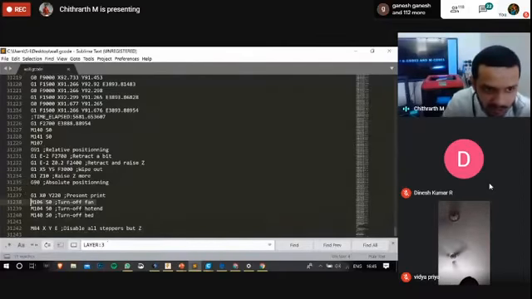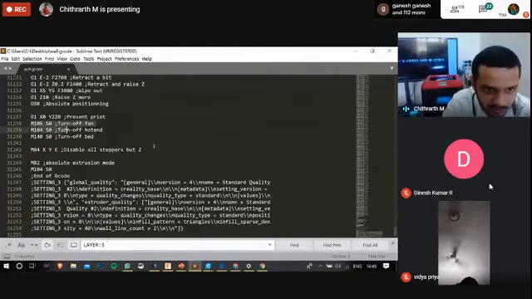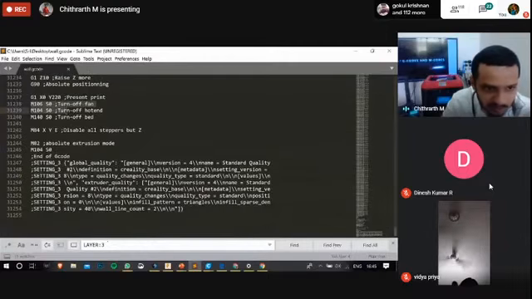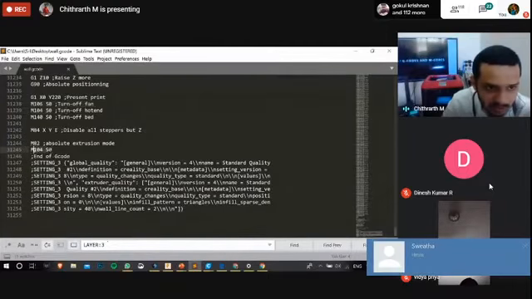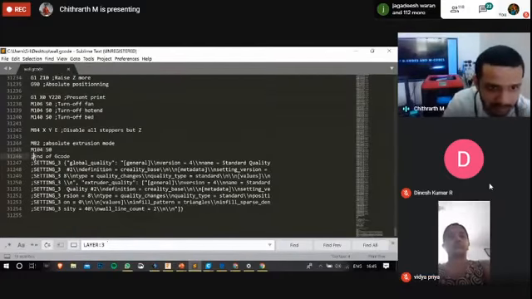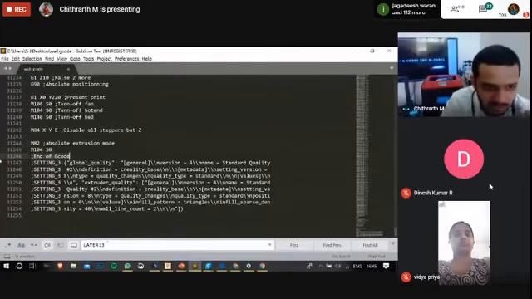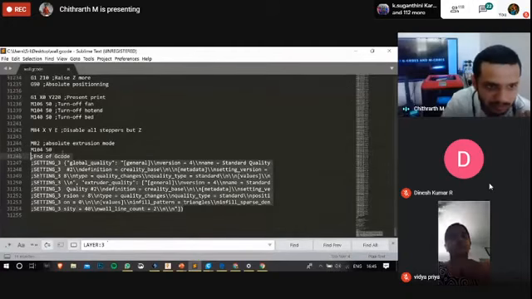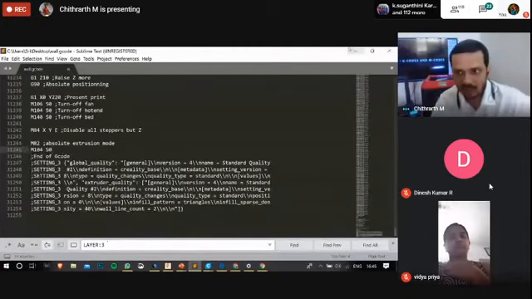And we are turning off fan, we are turning off hot end, we are turning off bed, and we are disabling all stepper motors. So yeah, M104 S0 will turn off the heaters, and that's the end of G code. Basically this part will be ignored by the compiler. So this is how G code works.